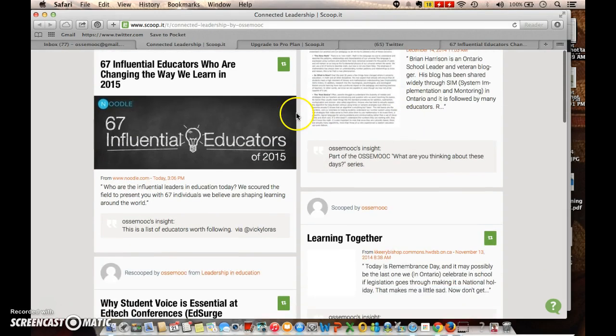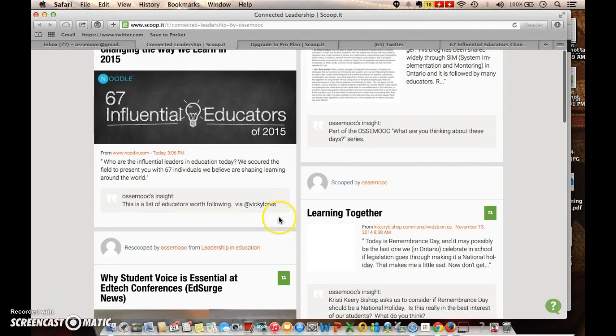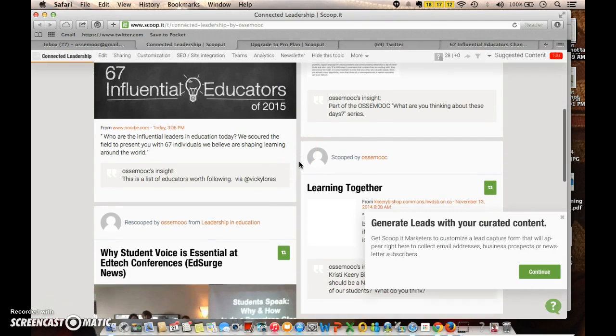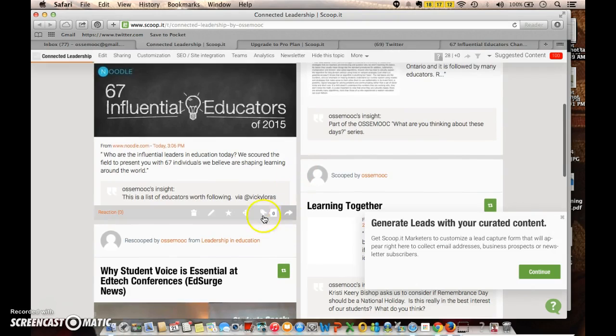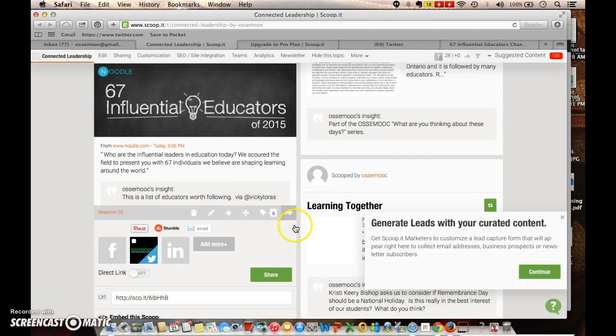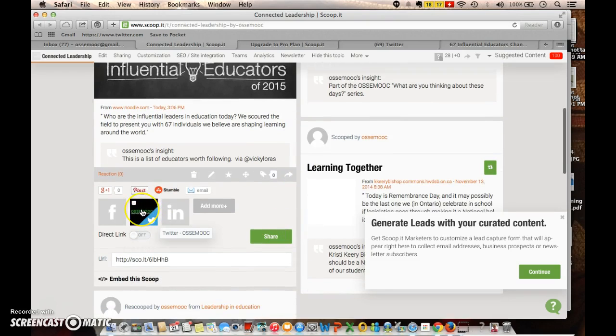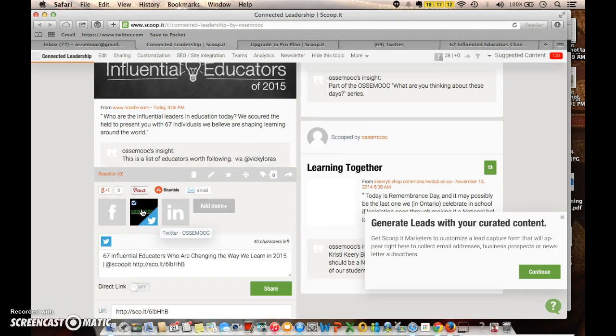So there it is. Now I can share from here as well, just as I was able to share from the page that I was not logged into. If I mouse over at the bottom, you'll see there are some opportunities to share, and it loads in, and I can see that my Twitter account for OSSEMOOC is linked to my Scoop.It account, so I can actually choose that. It creates the Twitter post for me, but I want to add in here again that I got that from Vicki Loris. So I'll say via @. Remember, we always give credit